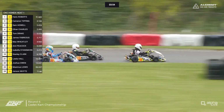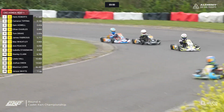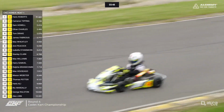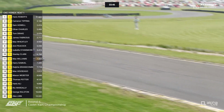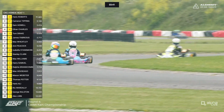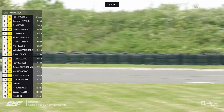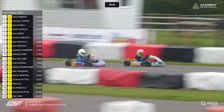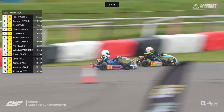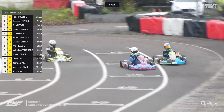Charles though is through this time, and now James Fabricius, oh, I thought he was going to take advantage and leave it down the inside there. Backs out of the corner there for Fabricius, probably understanding that it's all about getting the points. You don't win trophies in the heats. Try and take advantage and just get as many points as he can, although certainly he was hoping for more from his front 3rd qualifying here. It's random grids, obviously, here at CKC